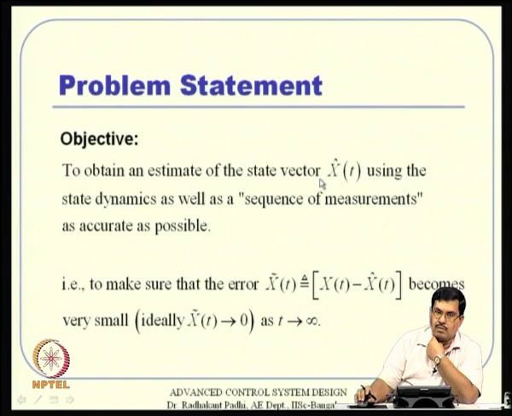Assuming that observability is there for the system output and system dynamics pair that we are talking about, then what we really talk is we take a sequence of measurements, they are corrupted by noise, but still we will be able to get a good estimate x hat of t. And what do you mean by a good estimate? It again means that if I take x tilde, that is the error between true and estimated value, that will become very small, and ideally x tilde should go to 0 as t tends to infinity,